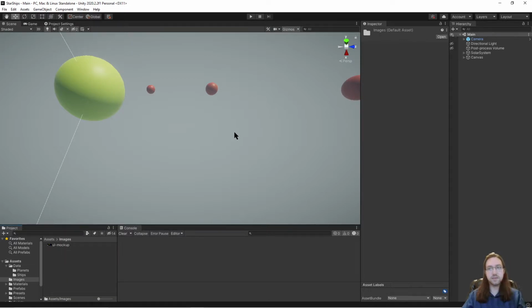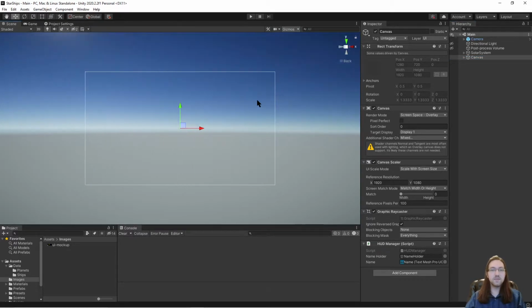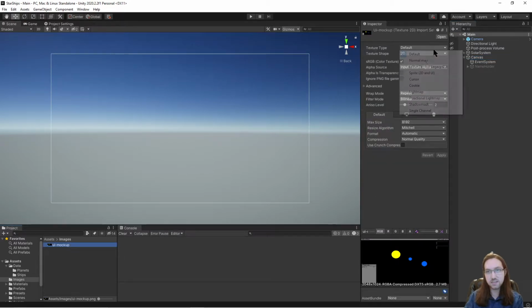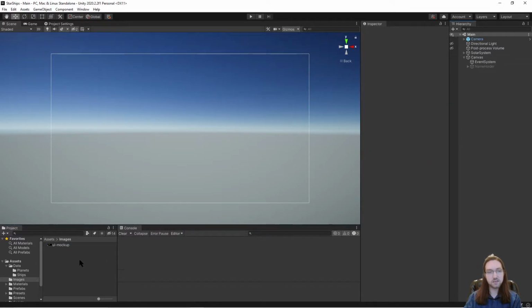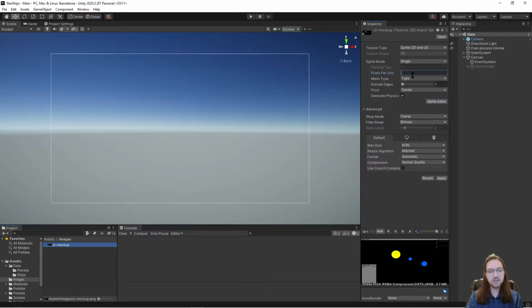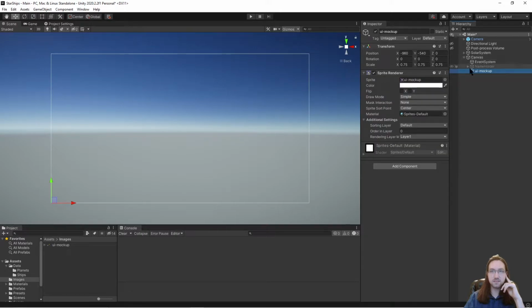Okay. So with the UI mockup, now we can go into our canvas. We can actually do some game development now. Well, some more game development, I suppose. This is the name holder, so now we can put the mockup. We need to change this to a sprite, and this should be 1600, it doesn't really matter. Apply this, and now we can put this in the canvas. And since this is a mock-up, we're going to have it,